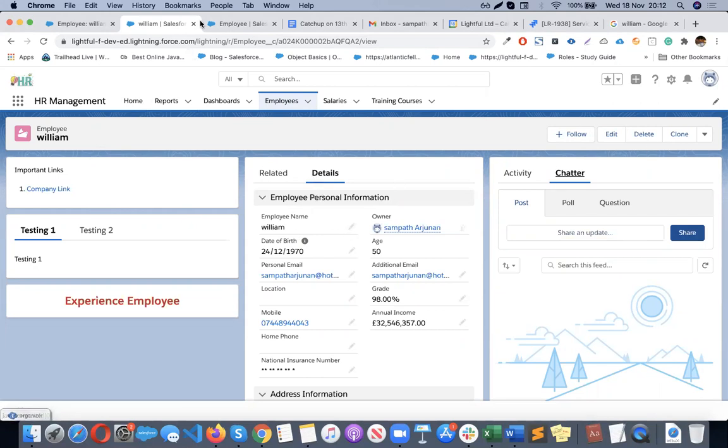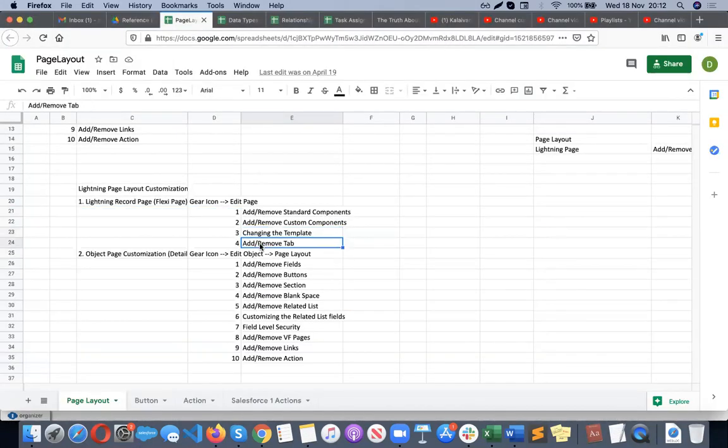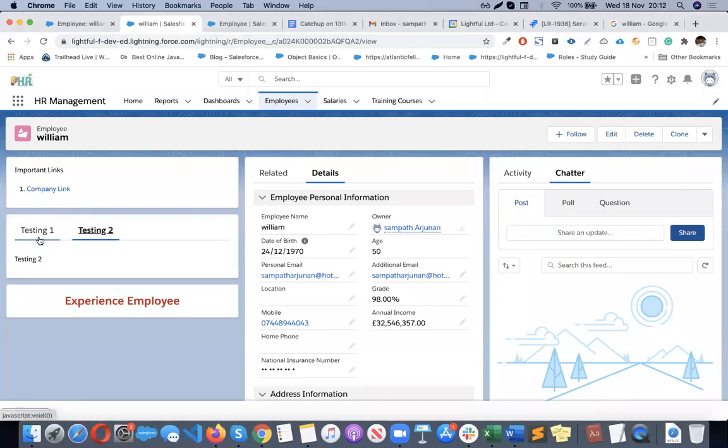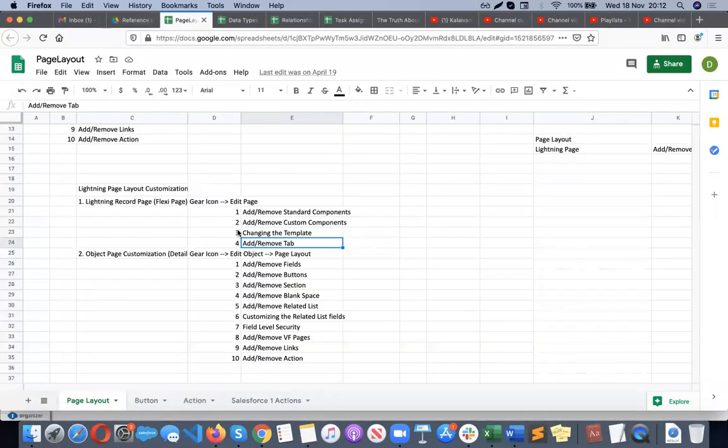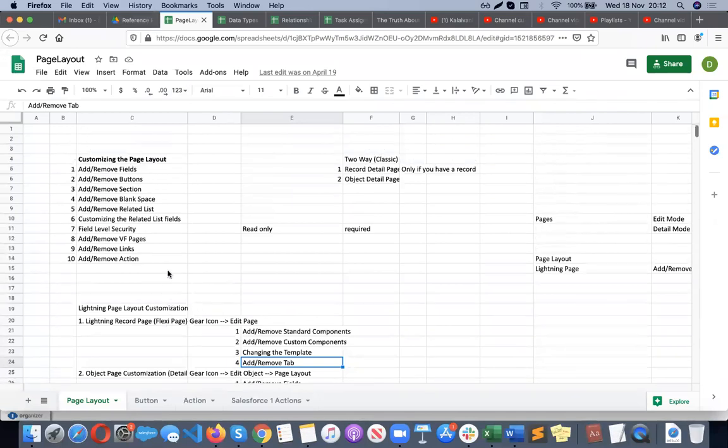You know how to change the template also, and add or remove tabs. Like we added here, you can add here also. If you want additional tabs, you can add as many as you want. Okay, so I think that's all for the page layout level.